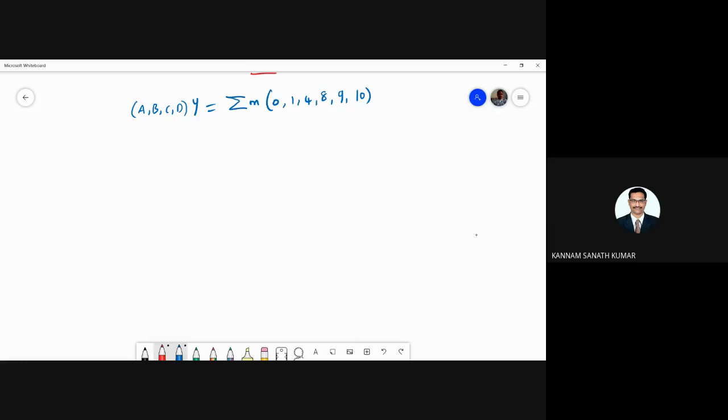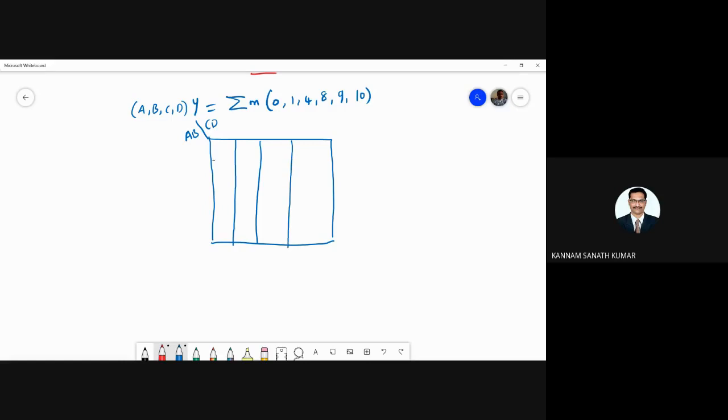Okay, so here this is a 4 variable map. Here if you see, this is A B and this is C D. So total how many cells? 16 cells. 0 0, 0 1, 1 1, 1 0, and 0 0, 0 1, 1 1, 1 0.